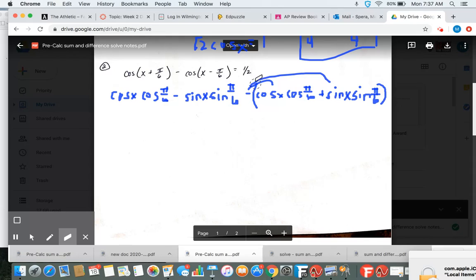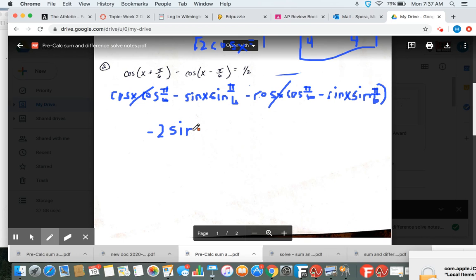Rather than rewrite things, I'm just going to use the eraser here and change the signs up. So I'm distributing that negative in, and the result of which would now be negative cosine x and negative sine x. Okay? So we get down to this step. It's now going to be time to group like terms. We can cancel some of these out. We have 2 of these. So it's negative 2 sine x